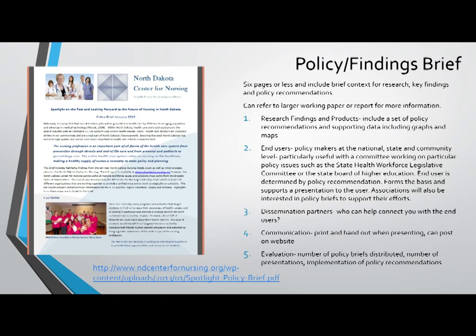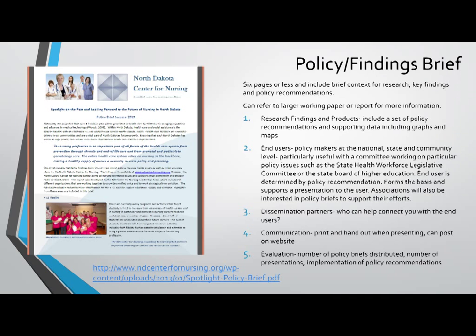The second type of product is a policy findings brief. These are typically 6 pages or less. Some of them go to 8 pages or so. They include a brief context for research, key findings, and policy recommendations. So this is really your opportunity to present, in particular, your recommendations for changes and your supporting data. Again, not including methodology, not including p-values and tables, but including really, here's the change we want, and here's the